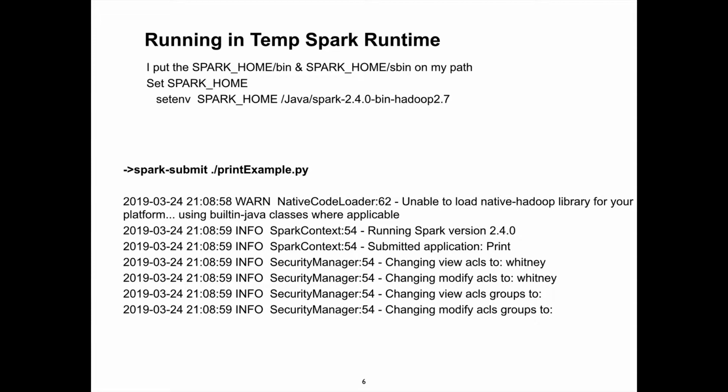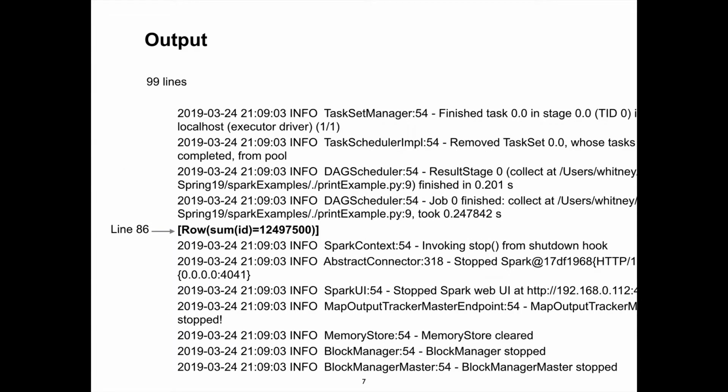And you get lots of output telling you what it's doing. It's submitting this application and doing a bunch of stuff. Actually, I counted, there are 99 lines of output you get. Well, I didn't count, the program counted for me.